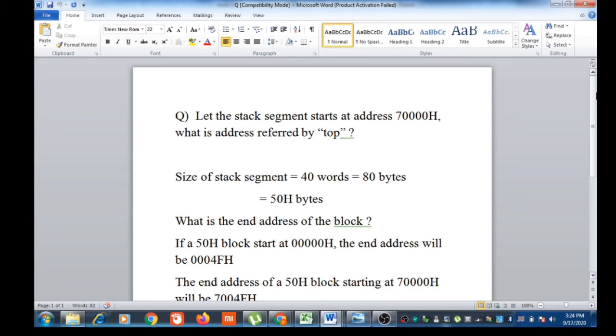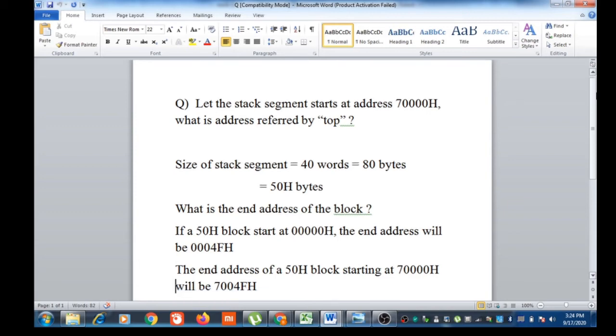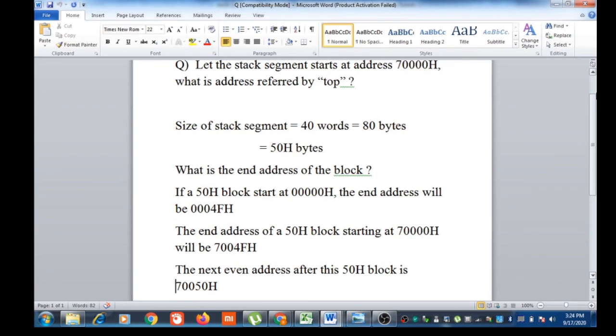If the block starts at 70000H, it will be ending at 70000H plus 0004FH. So the end address of the block will be 7004FH.